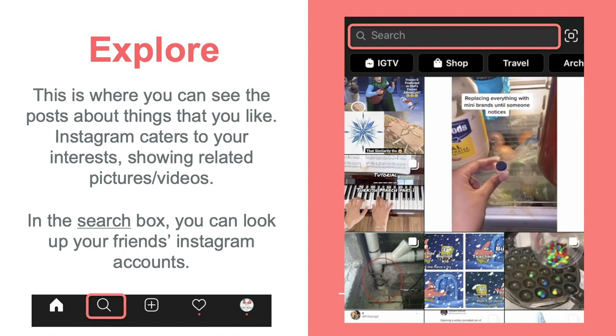It's beside the home button, which is the little house, and the adding picture. You can see it right now on our screen at the presentation slide. So you can search up people. You can search up different hashtag topics, and you'll get a lot of different information that maybe you weren't getting just by looking at who you're only following.